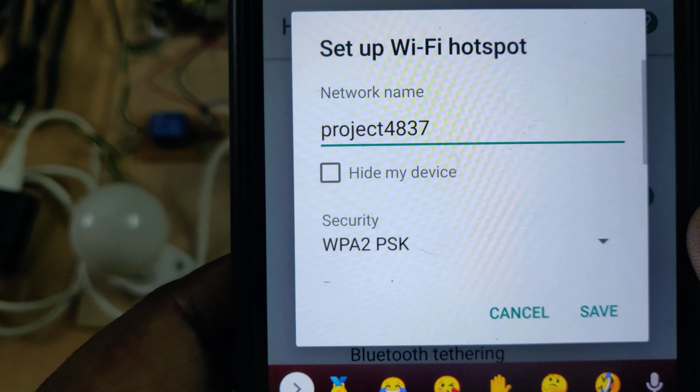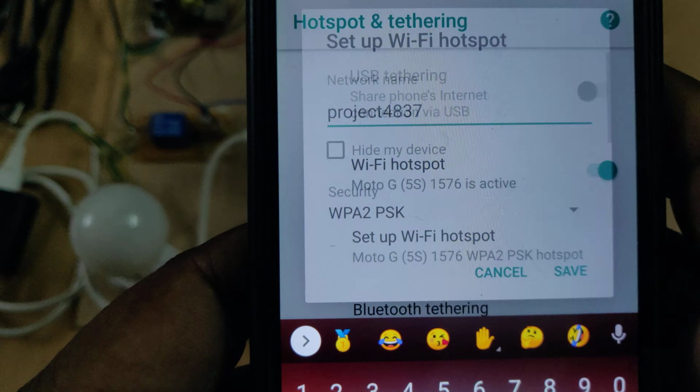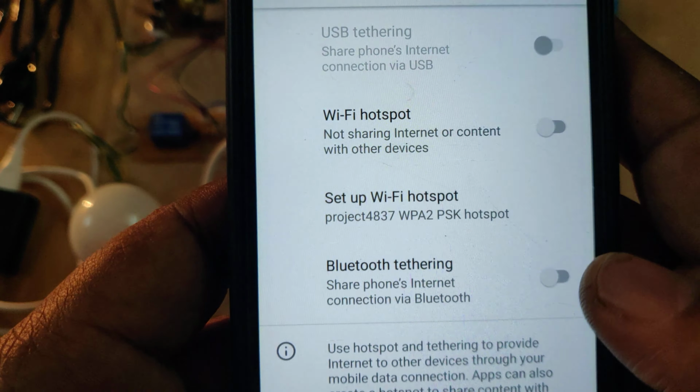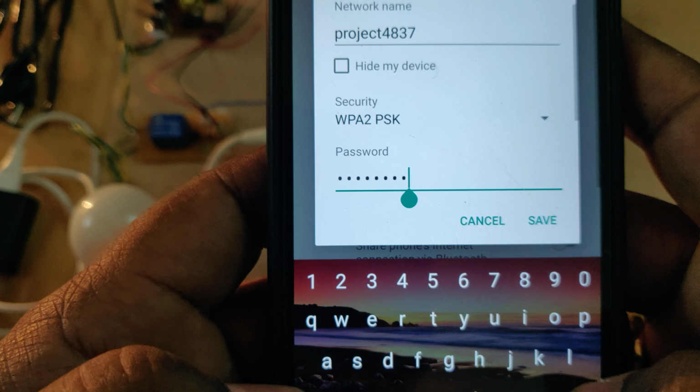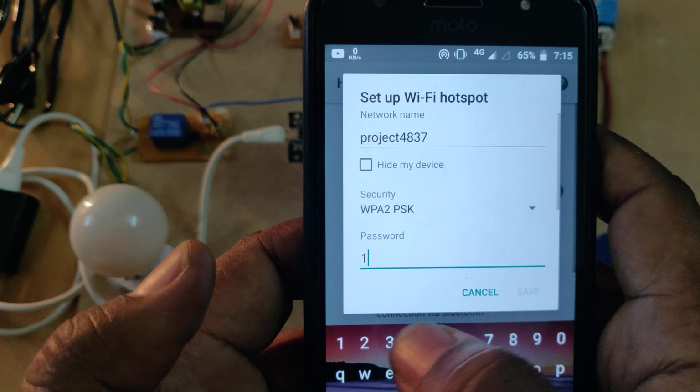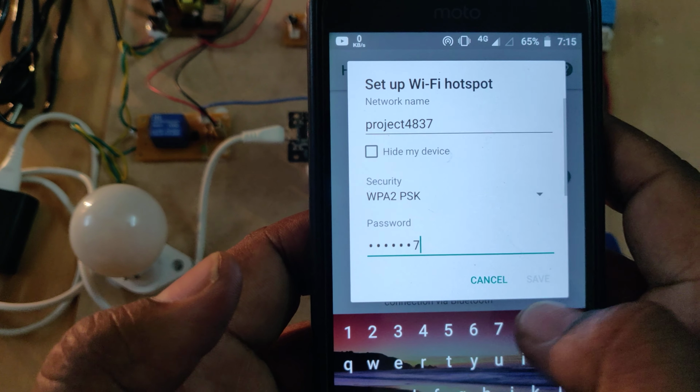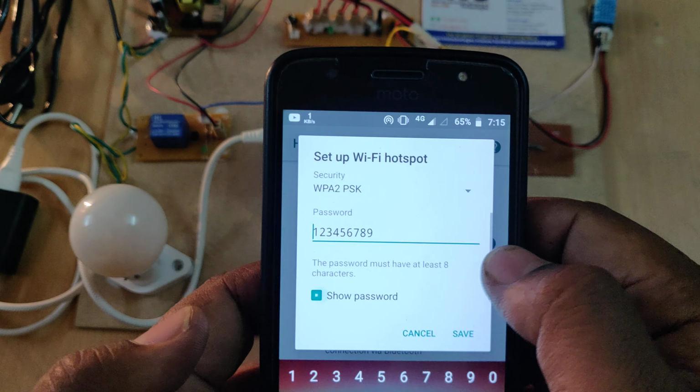I'm repeating that, project 4837, and then save it, and change the password also. It should be 1 2 3 4 5 6 7 8 9.